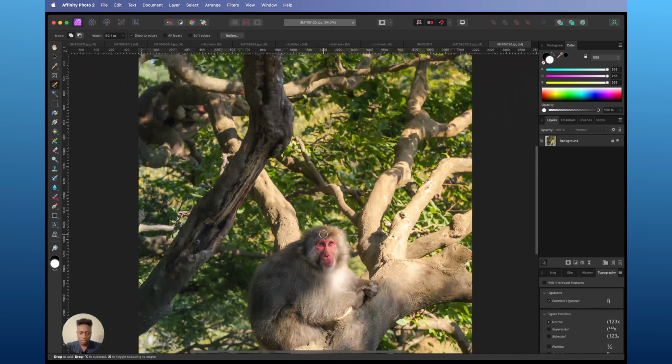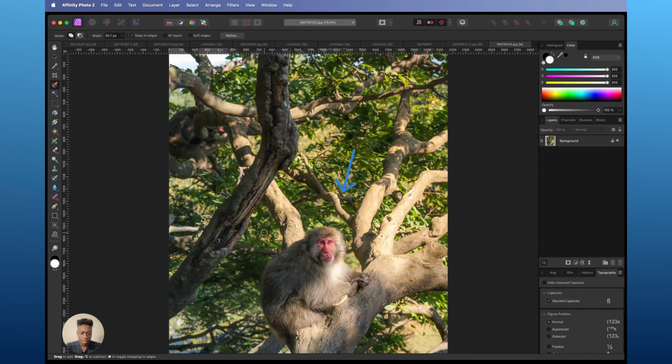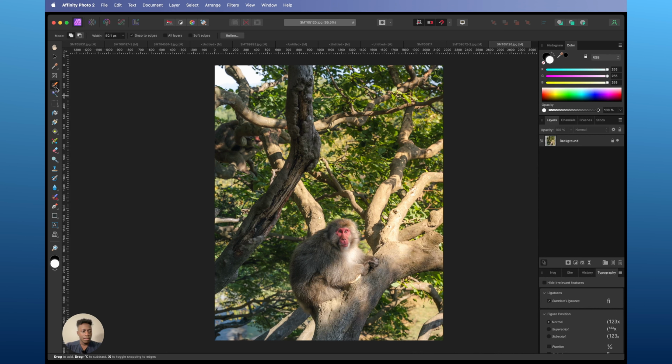My plan is to have the text behind him, and I'll also have this branch here in the foreground, so the text will appear behind that branch. So here's the tool we'll be using. That's the select brush tool. Select that, resize it. Let's zoom in